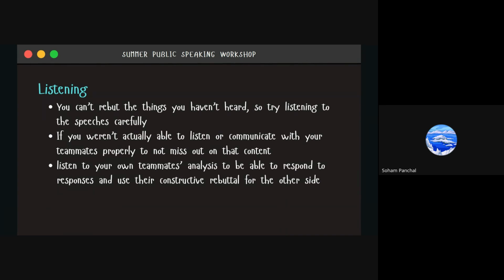Let's take an example. If we say that the house would make voting compulsory, the opposition might say voting should not be compulsory because it is everyone's freedom to take part in the democratic process or not. But what the opposition could come out and say is that they could make voting compulsory, but only for some part of the population,